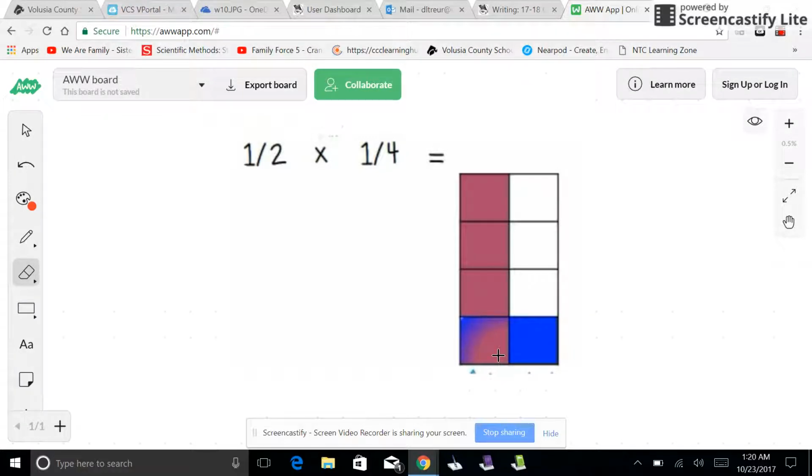been practicing how to multiply with fractions. And so we know that we multiply the numerators, 1 times 1, and we get 1. And then we know that when we do that also with the denominators, we would multiply 2 times 4 and get 8. So when we look over here at our model, this is another new idea that we have to